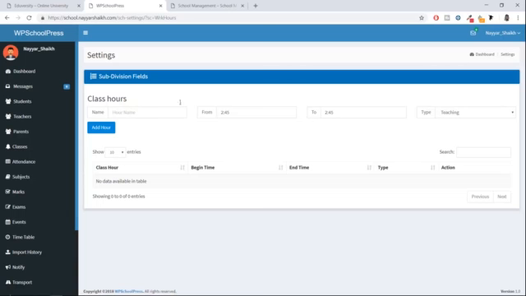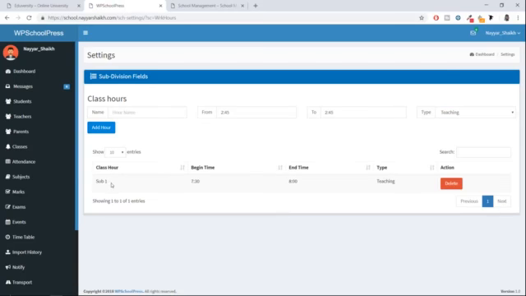Okay, so you have to create different periods. For example, we had around 10 periods, including the break or the recess. We had 11. Okay, so let me explain you what those are. So our name, you can type in subject 1. And the timing, so this subject was used to start at 7:30 to 8. Okay, so half an hour thing. Okay, and type, this is teaching session. So simply select that and click on add hour, and it will be added over here. Subject 1, which begins at 7:30, ends at 8, and the type is teaching.